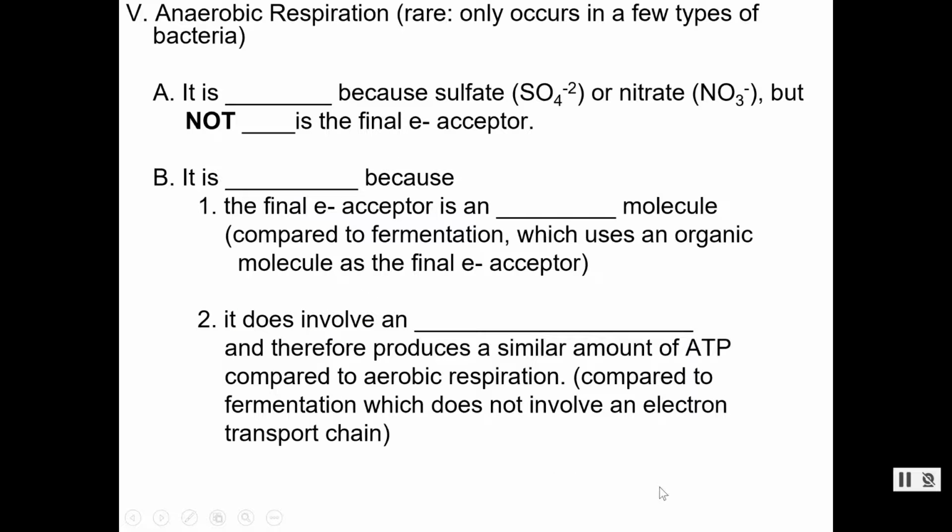Okay, if you remember at the beginning, I said there was 36 or 38. 38 is what prokaryotic cells do. Eukaryotic cells only net 36 ATP. What's the difference? In a eukaryotic cell, remember glycolysis occurs in the cytoplasm. Where do the prep steps and Krebs cycle occur? The matrix of the mitochondria. We need to get the pyruvic acids, the end products from glycolysis, into the mitochondria in a eukaryotic cell in order to undergo the